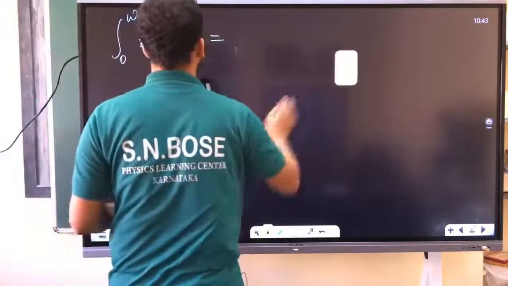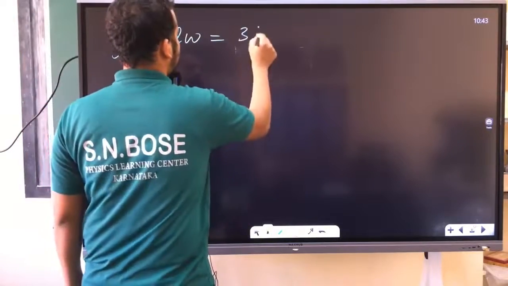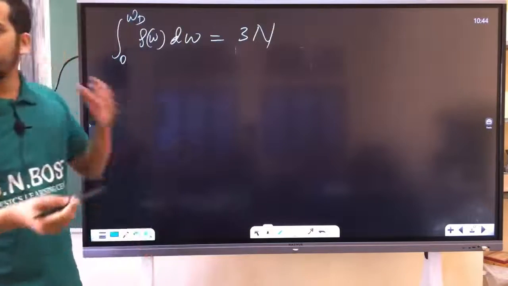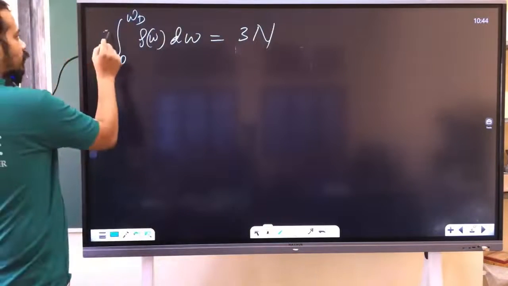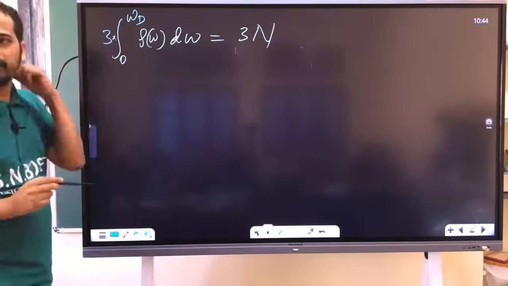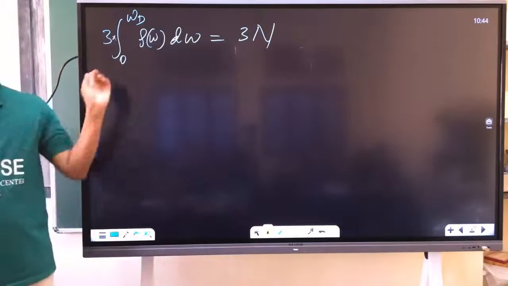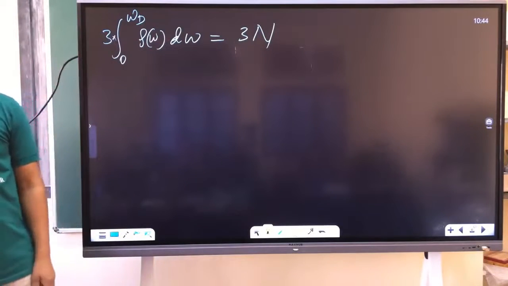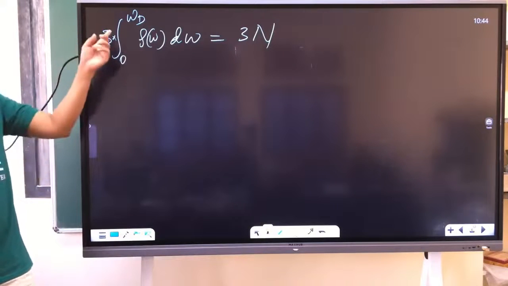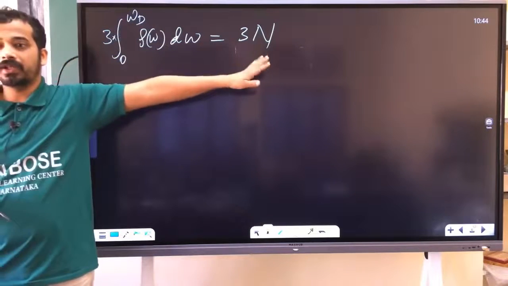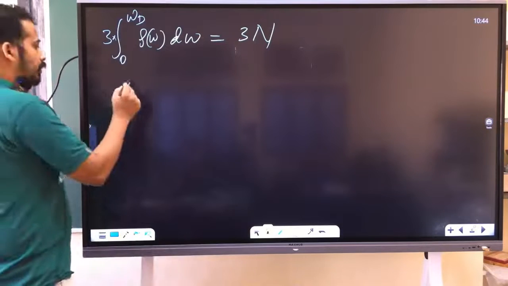Do you remember, in the case of n particles in 3 dimensions, it will be 3n, but you need to take 3 here, the polarization states of phonons. That 3 will get cancelled actually. Got my point? Now here, this omega d, its proportionality with n by v will come,